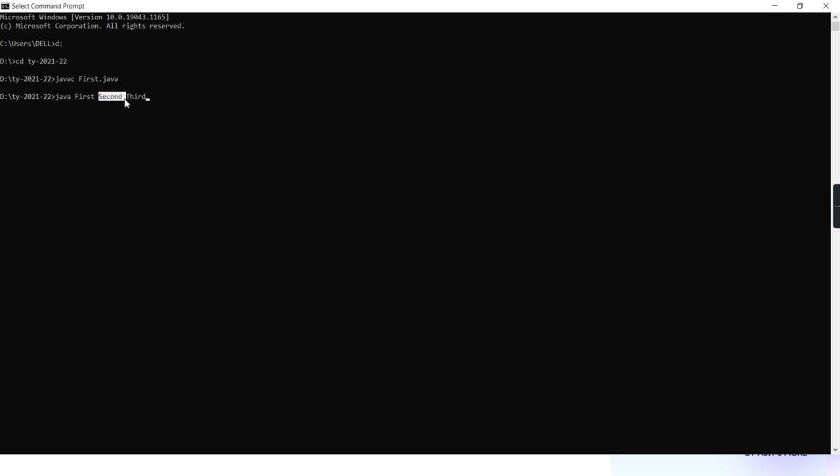Rather, second and third are both converted into String objects and then they are passed to the main of first in that args square bracket. You understanding? So these two will act like command line arguments to first's main. First's main will receive these two as strings. They won't be treated like class names. It is going to call the main of the first class only, which you write here.